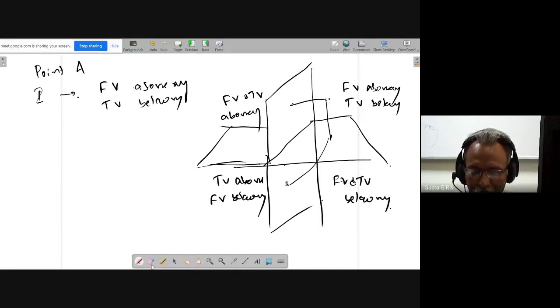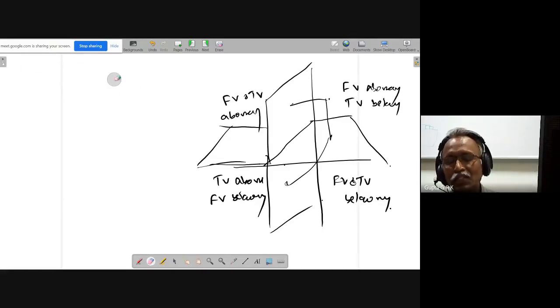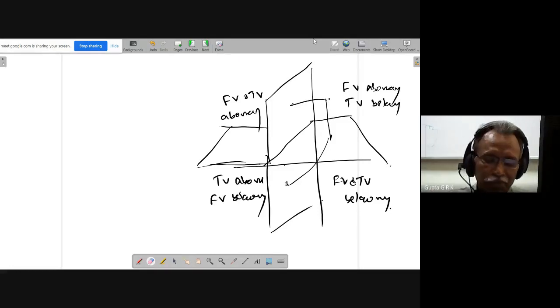Good. So now in general in the problems, you will be given the position of the point with respect to HP and VP, right? And you will be asked to draw the top view and front view. It will be given, it is 50 mm above HP and 20 mm behind VP or in front of VP. Like that, you will be given the position of the point with respect to HP and VP. And I have to find out the position of the front view and top view relative to XY. I have to know whether it is above or below XY.